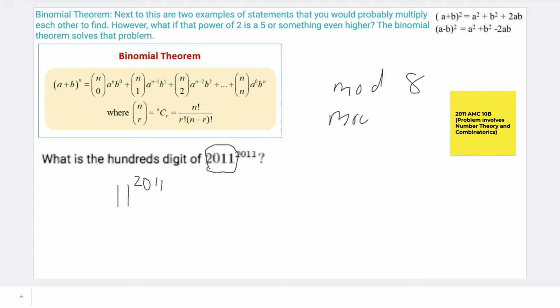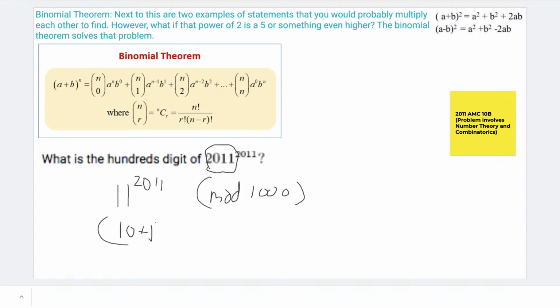But that is just way too complicated. But using the binomial theorem is a very, very easy way to find the answer to this problem. So using mod 1000, we know that the hundreds digit of 2011 to the power of 2011 is equivalent to 11 to the power of 2011 in mod 1000. Now using a clever application of the binomial theorem, this equals 10 plus 1 to the power of 2011